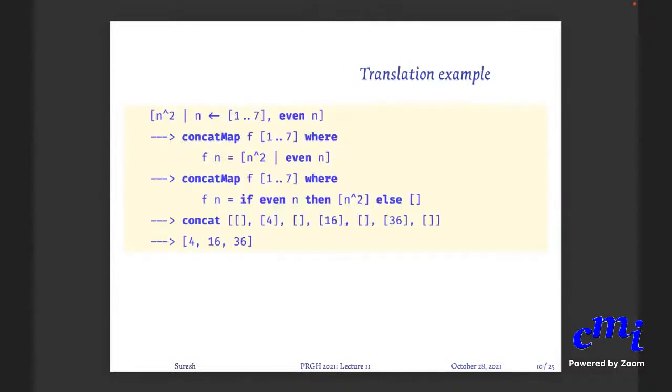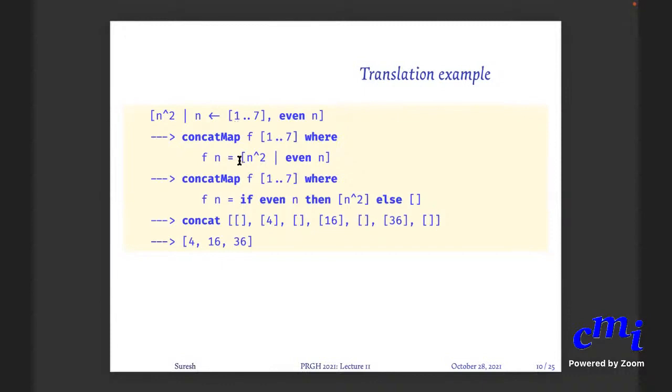Here, the only reason that f outputs a list is so that it could be an empty list. You could have chosen Maybe or whatever, but Haskell chooses this because it has concat and it does anyway have to produce a list. So it's only 0 elements or 1 element. Yeah, that's right.